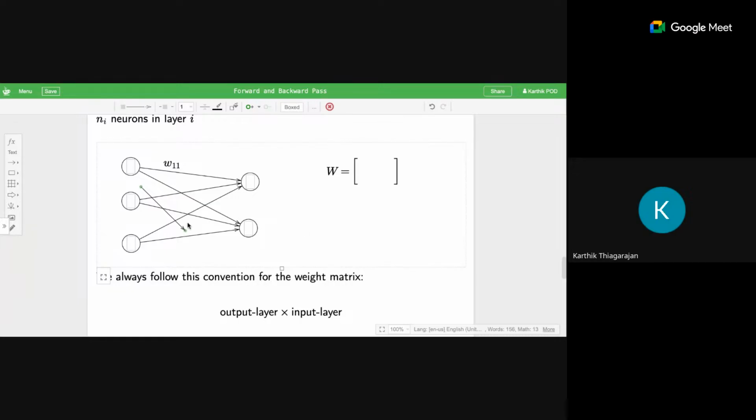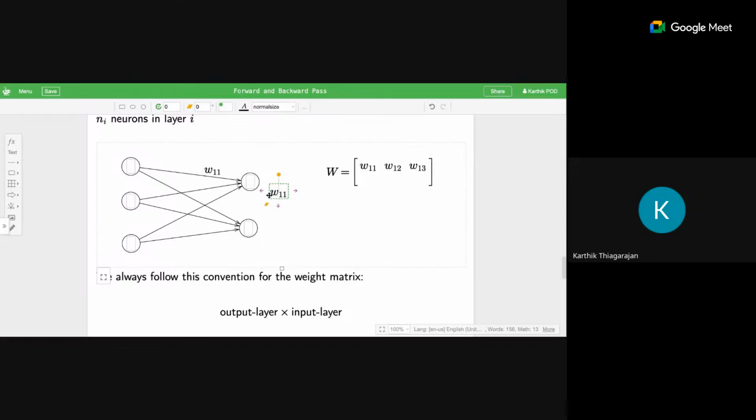We will make this explicit. If I draw this arrow, I hope you understand, right? There are only two rows, and they are associated with these two neurons. So this will be W11, this will be W12, this will be W13. So what are these? This is W11,